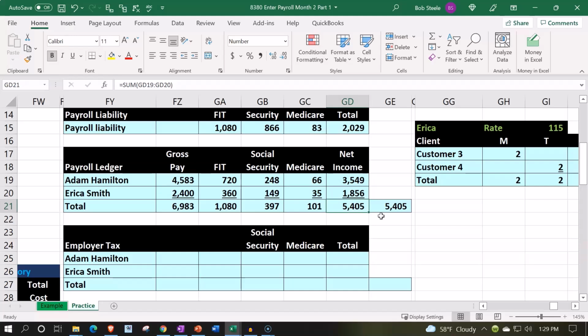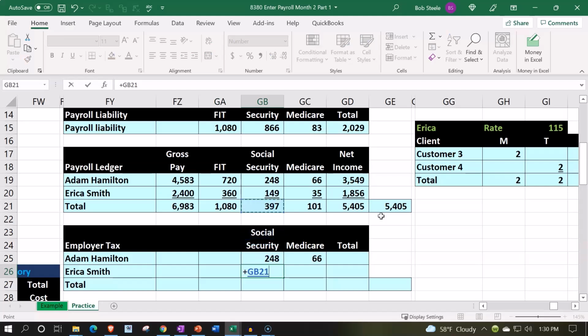component when you do the bank reconciliation process. Okay, so then we got the employer taxes. On the employer side, we're going to match, in essence, the Social Security and the Medicare for both Adam and Erica. We'd also have the federal unemployment tax, but we're not going to deal with that because it's fairly small,